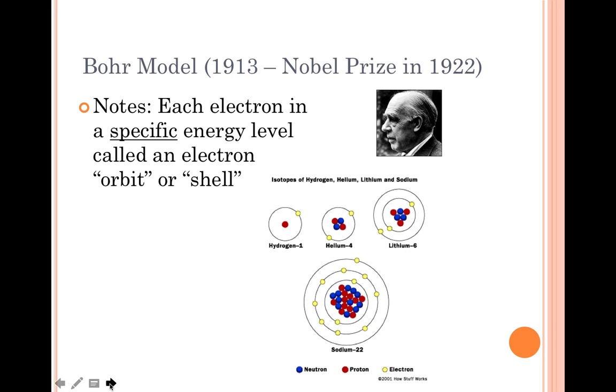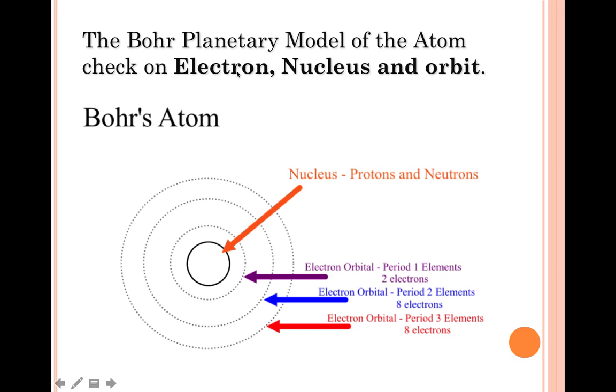So again, you should check on your notes the Bohr planetary model, because he called these energy levels orbits. Electron, nucleus, and orbit. And the idea was there was a nucleus, but then you had these orbits, and the first orbit held 2 electrons, and the second orbit held 8 electrons, and the next orbit held 8 more electrons. But they were these very specific paths that the electrons had to possess a certain amount of energy so that they would not go crashing into the nucleus. So energy levels.